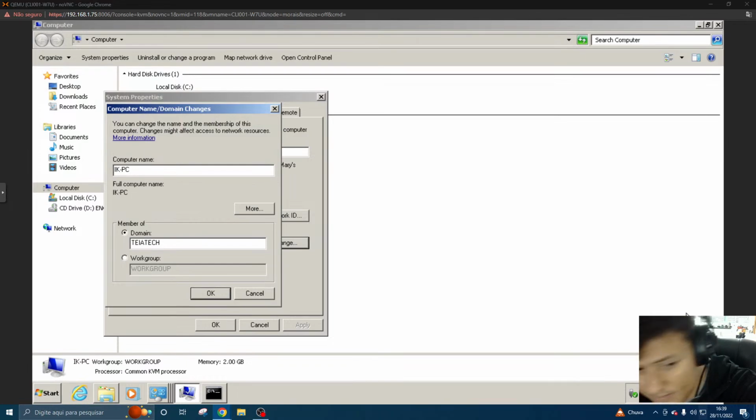Configured. So if I go back again here, so let's try to actually join the device again to a domain and see. I'm going to enter my admin credentials and